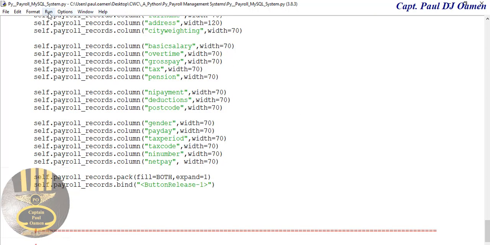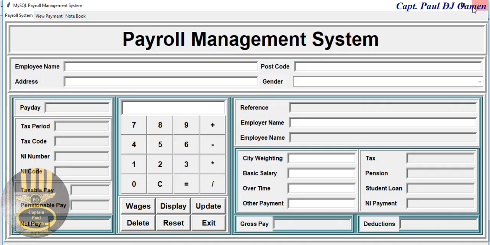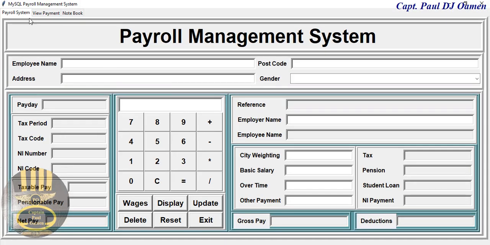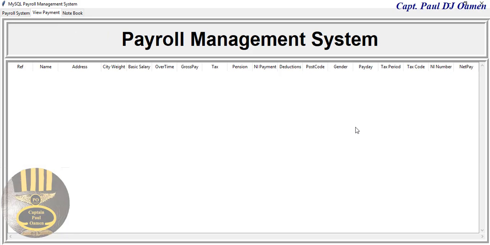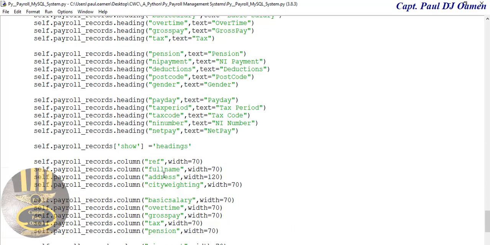Okay, let's run it now. Run my very first tab, and let's go to tab Treeview. There we go. That is it. All in order. That is fine. So close that. Now we need to create